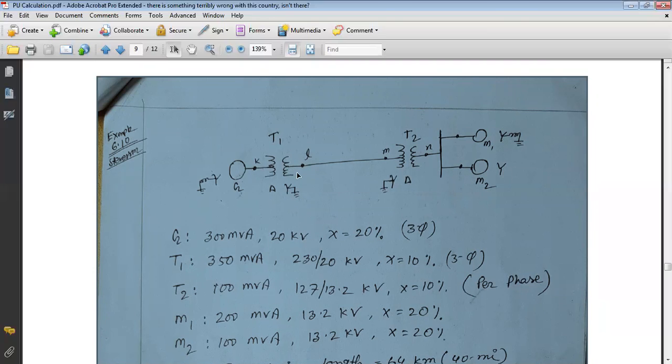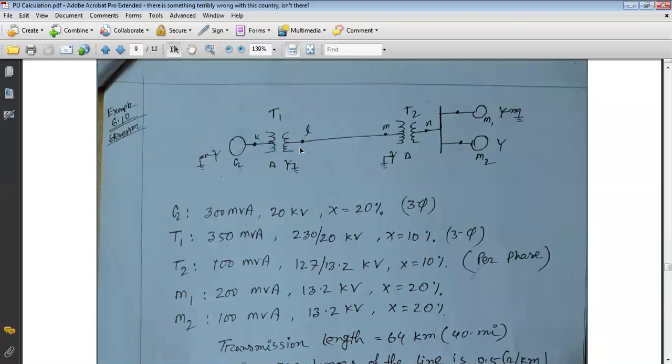Now the old base voltage for the transformer T1 secondary portion is 230 kilovolt, because this rating is the high voltage rating, or the transformer secondary portion rating. So that's why the old rating for the secondary portion is 230 kV. Now we have to identify the new base voltage for the secondary portion of transformer T1, because our base voltage is 20 kilovolt, which is at the generator point. Whenever the base voltage is shifted from primary to secondary of transformer T1, then 20 kV should be converted to a new base value. To calculate this, we have to use the equation